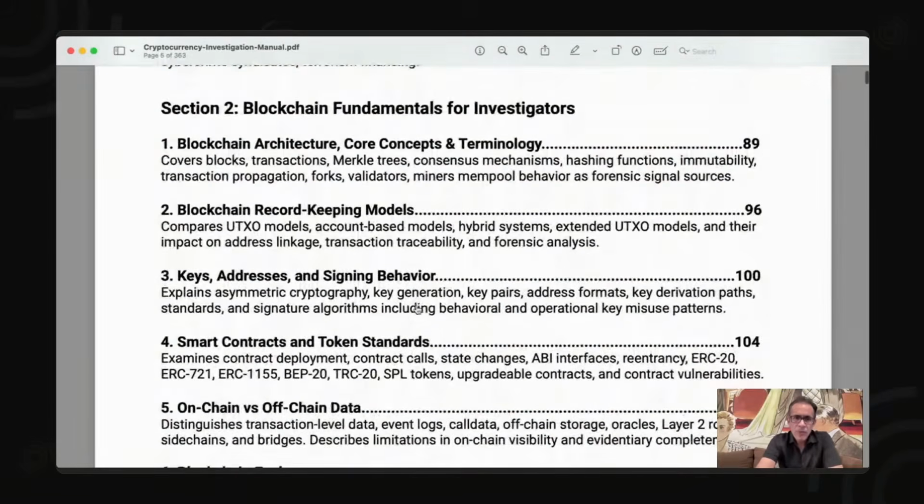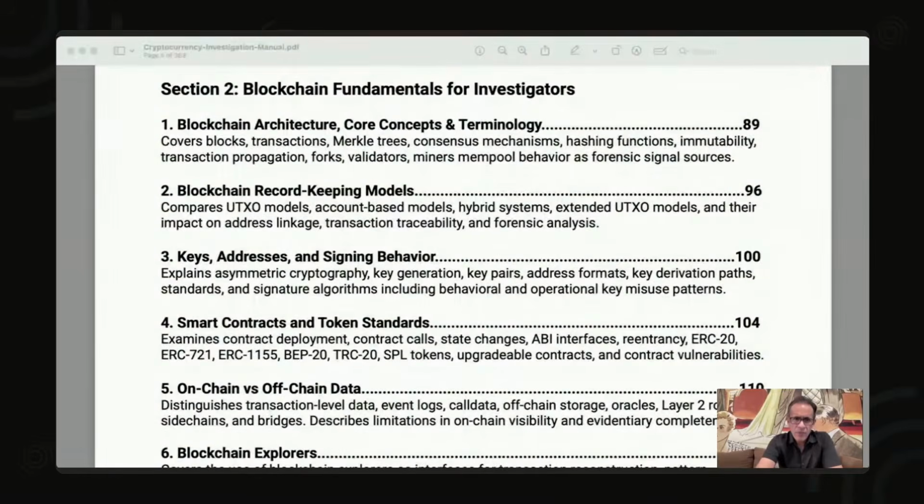Then we move on to the blockchain fundamentals for investigators. Now, obviously, blockchain, crypto, and smart contracts have a lot of complex technological aspects to them. As an investigator, you're not becoming a programmer, and you're not going to develop your own blockchain network. So you do not need that level of technical knowledge, but still you do need to understand